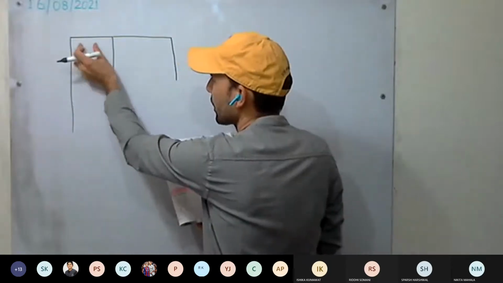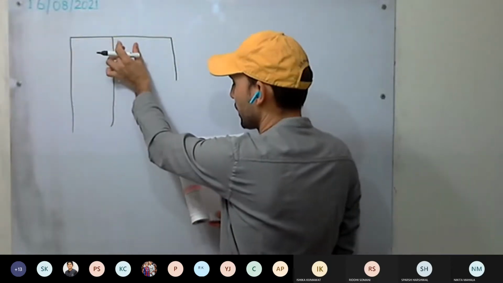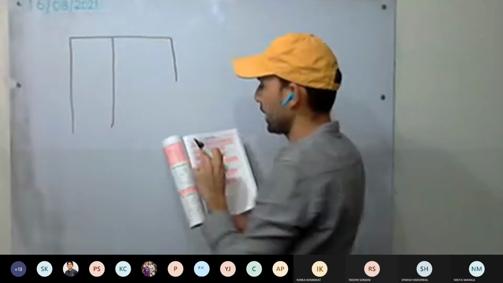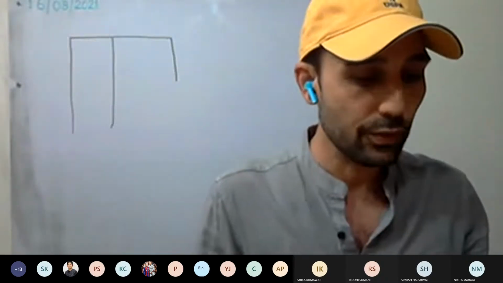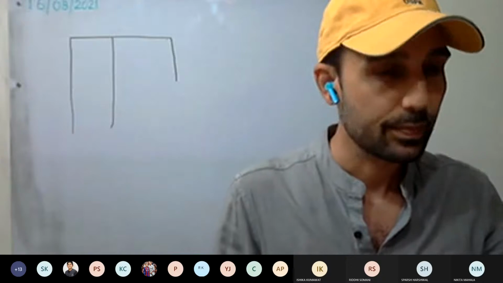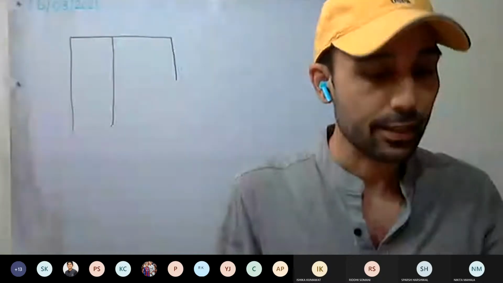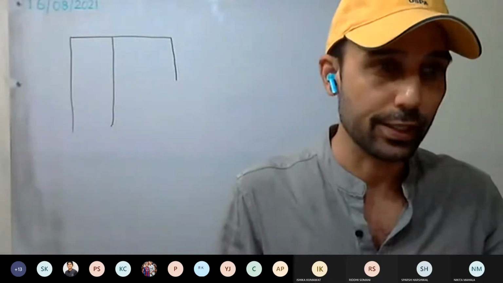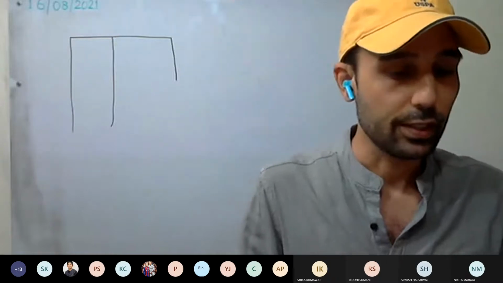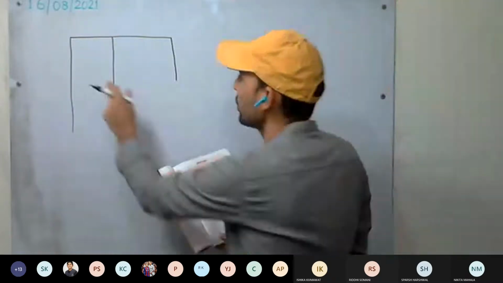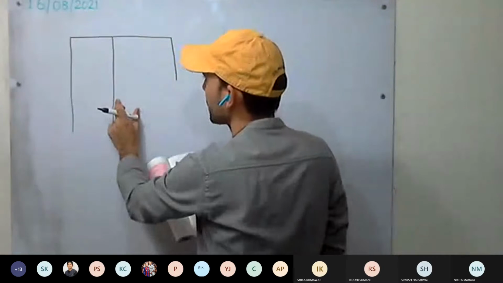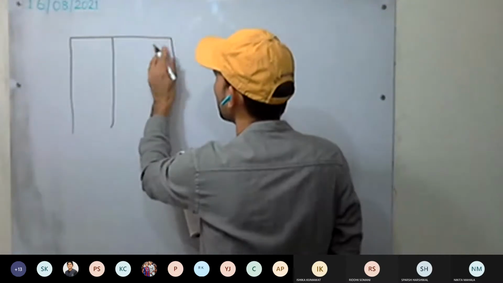Class interval. Its class mark as well you have to make, okay? Then the frequency. So first check whether the class intervals are inclusive or exclusive. They are exclusive, 0 to 4, 4 to 8, then 8 to 12. They are exclusive. So we do not have to adjust the class intervals, okay?